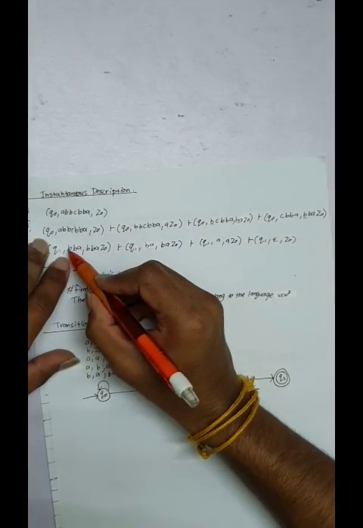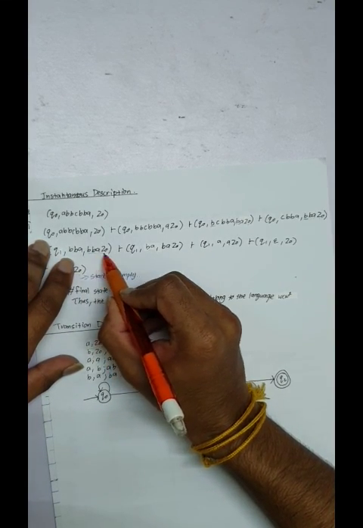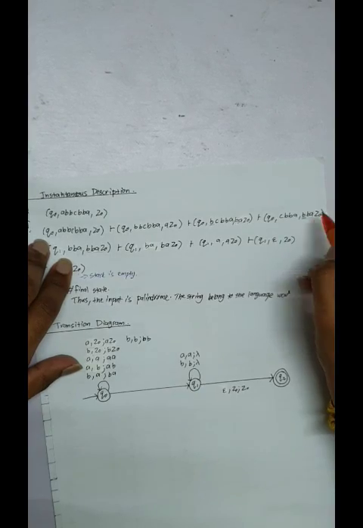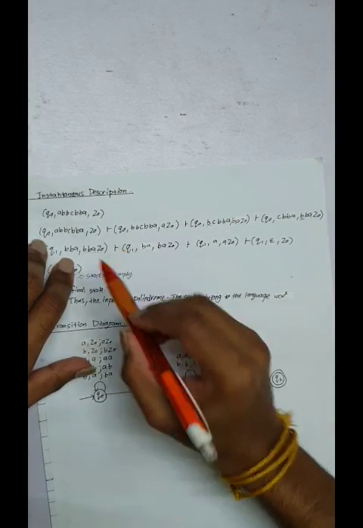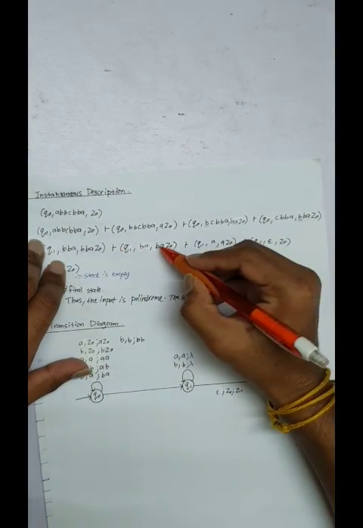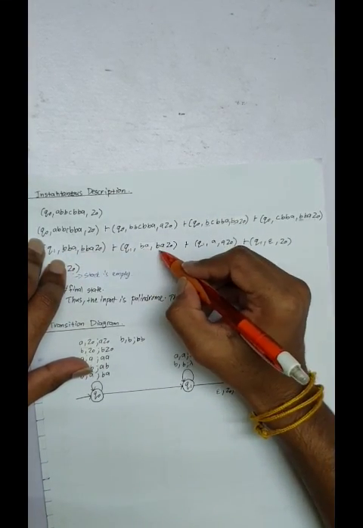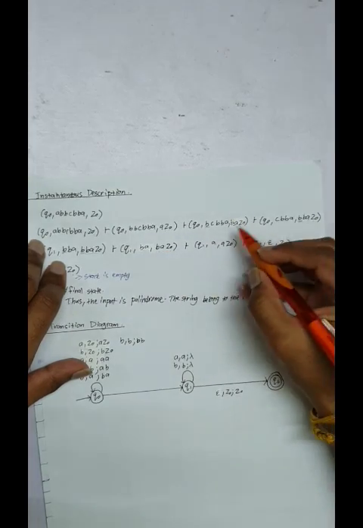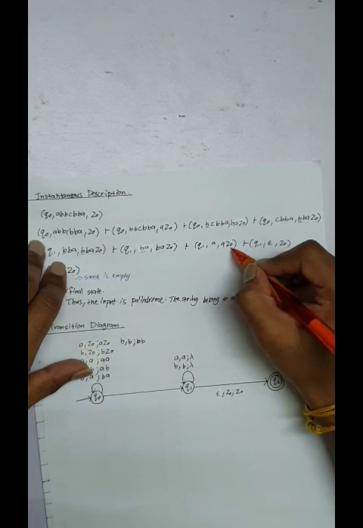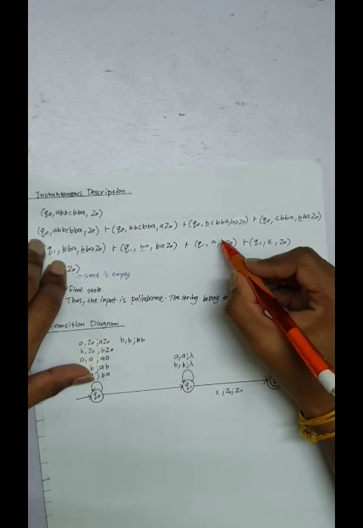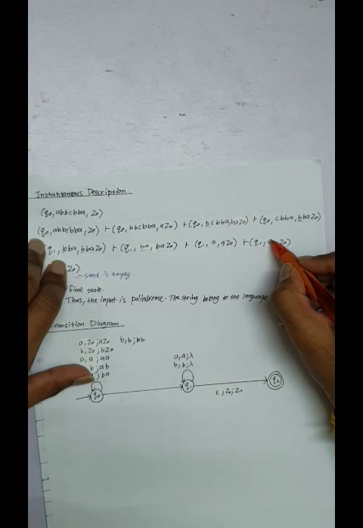And when it's c, no operation occurs, so it remains the same, bbaZ0. And at q1, after c, this b will be cancelled by this b, so it becomes baZ0. Over here, this b will cancel this b and becomes aZ0. And when just a is left, it will be cancelled by this a and becomes